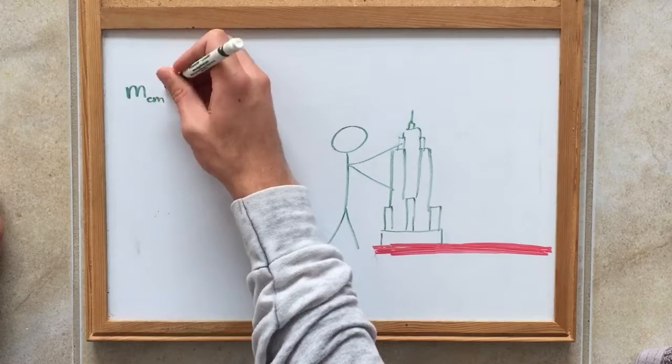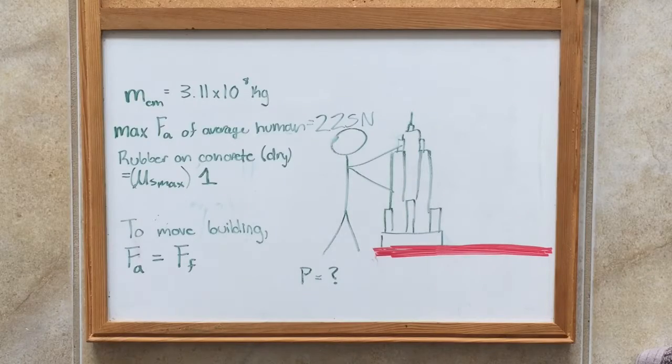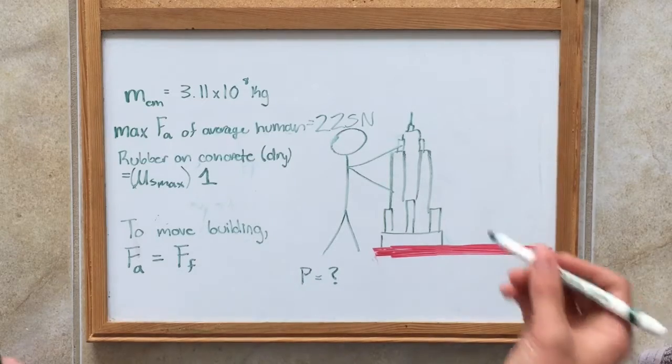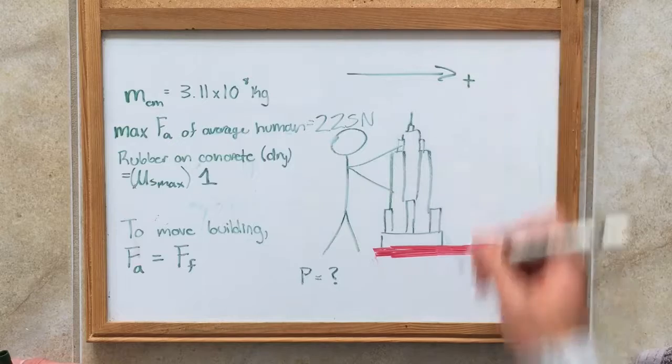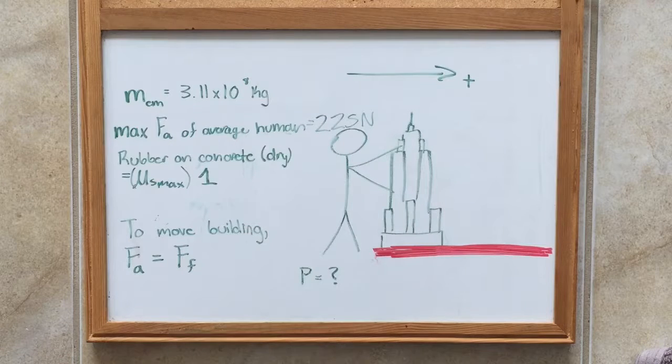So I googled and found the mass of the Empire State Building, the maximum applied force the average human can exert, which is 225 newtons, and then the coefficient of static friction of rubber on concrete, which is 1, which is actually very high. So in order for the building to move, the magnitude of the applied force must be equal to the force of friction, which relates to Newton's first law of motion. And we will find what this magnitude is using the coefficient of static friction in order to find the force